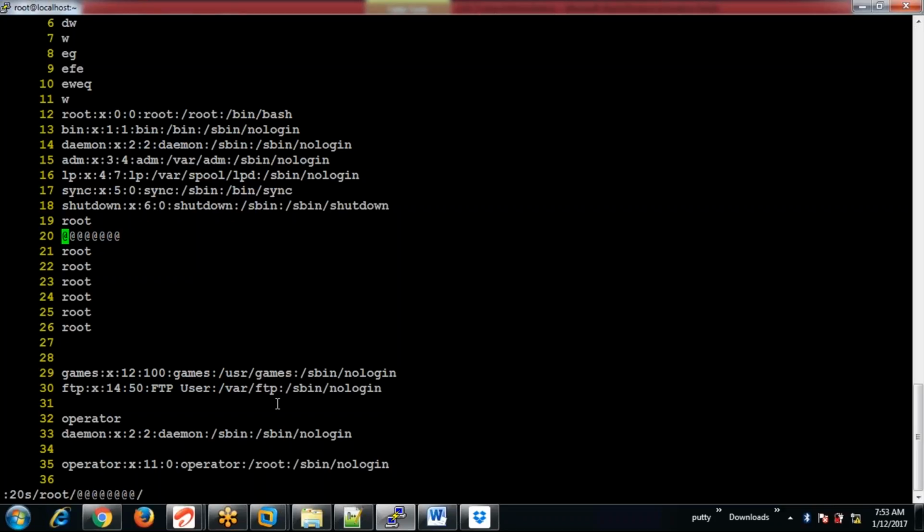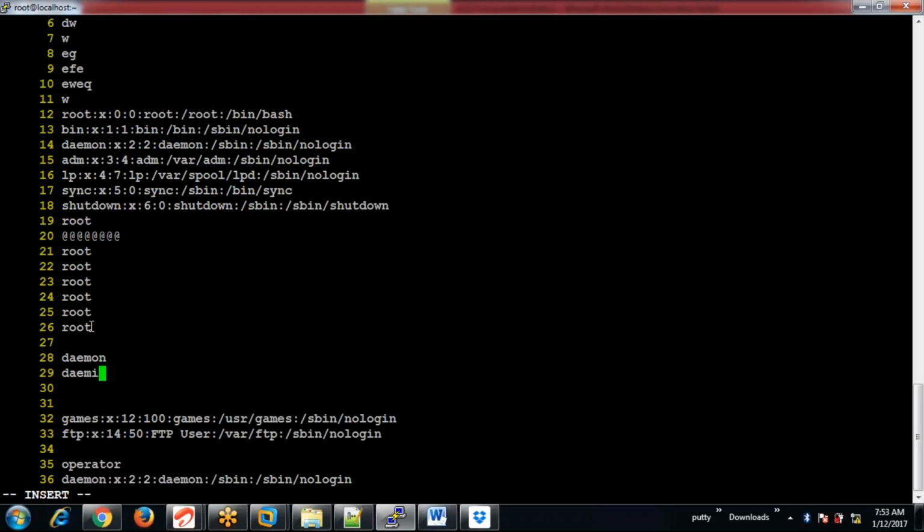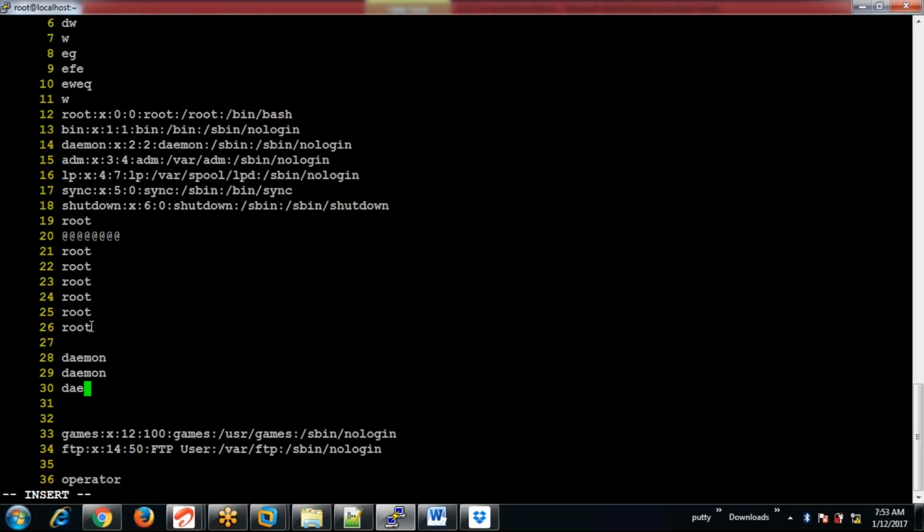Now say for an example, I have both the root and say for an example daemon. I have the two keywords. So here percentage s.